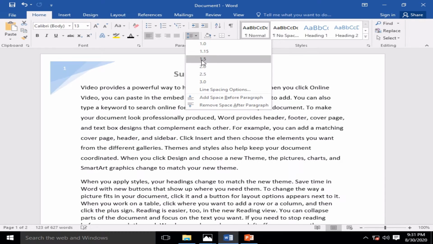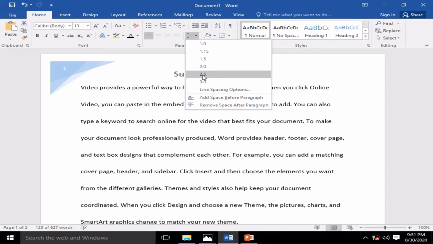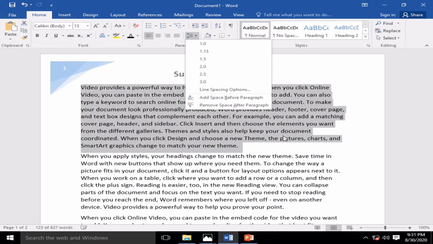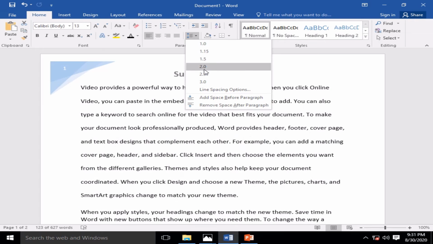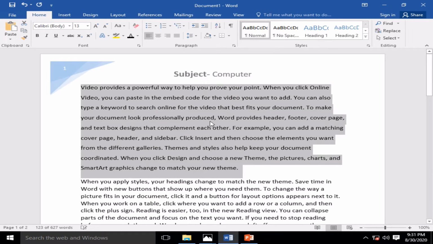If I am selecting 1.5, you can notice the space between two lines. If I am selecting 2.0, if I am selecting 2.5, you can notice the changes in the space from one line to another. So I am choosing here 1.5 like this.